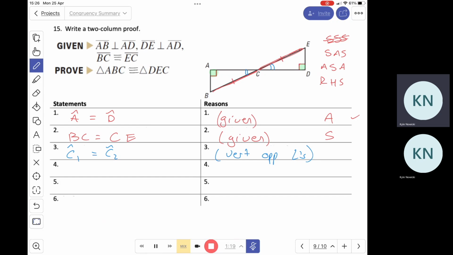We're happy with that. I can also say, just as a matter of extra information, that angle B is going to be equal to angle E. And the reason I know that is because of interior angles of my triangle. They always add up to 180. And if I know two of them, the third is always going to be the same. And so we can finish off our statement that triangle, which one did they ask us to prove up here,